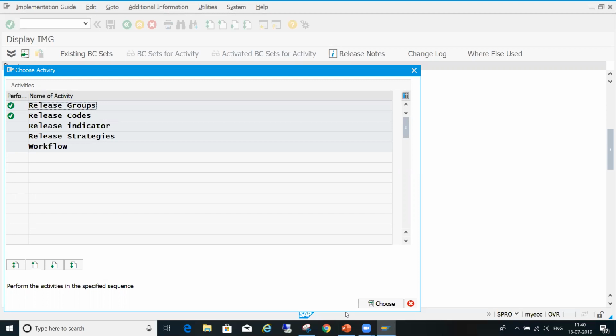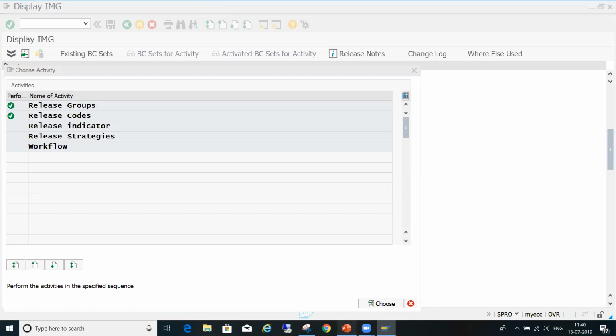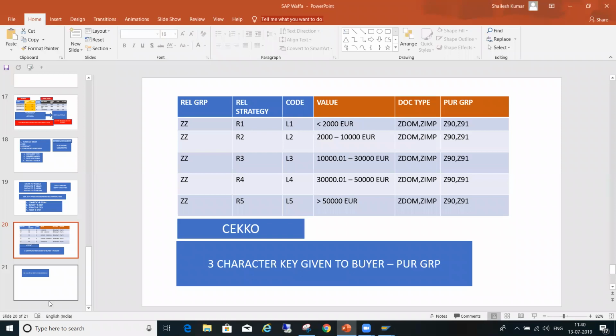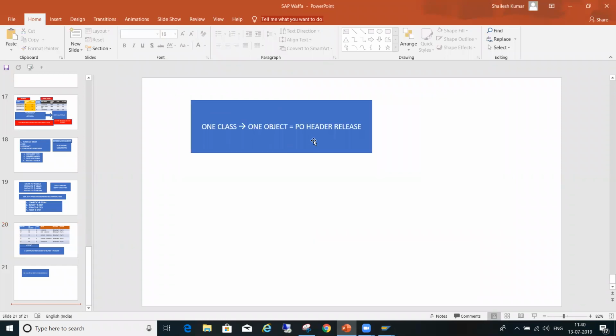But for one document of a PR, if you are considering header level, you cannot assign the same document type item by item. Correct? That is the meaning. One class can be assigned to only one object.